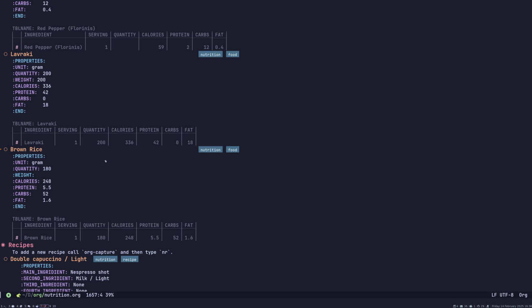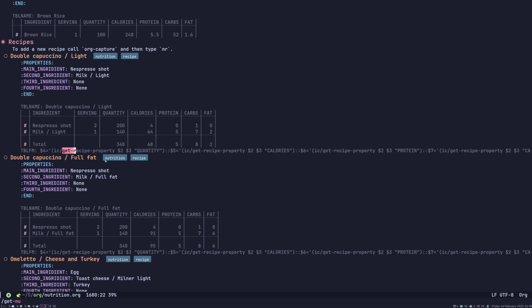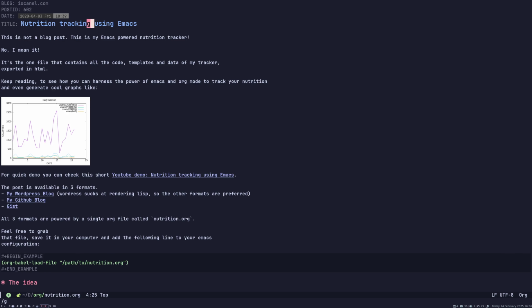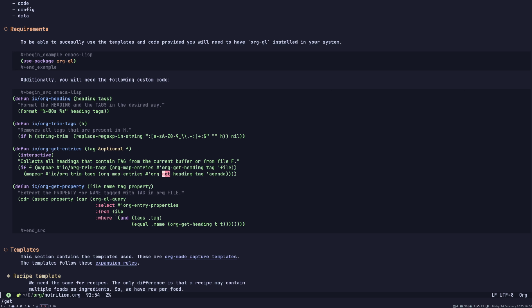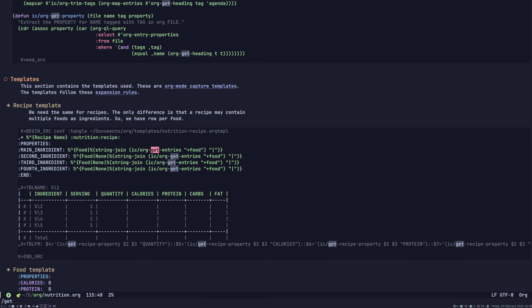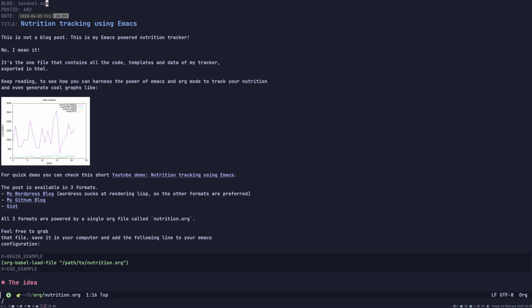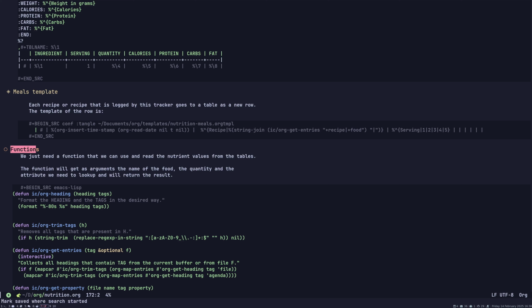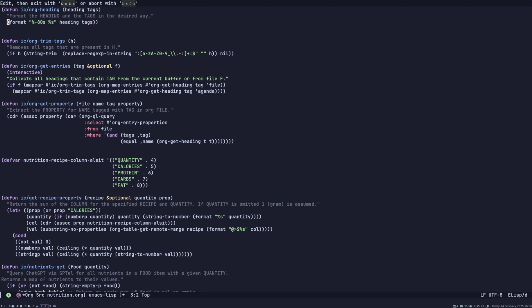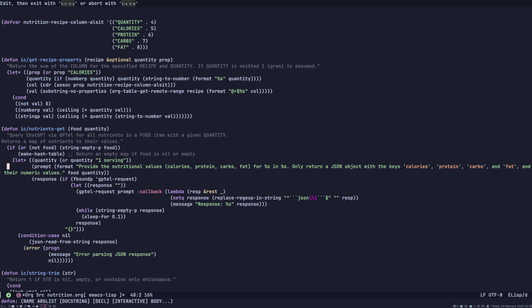Now, how I implemented that, let's go to the functions. I think it's get nutrition or something like that. We'll find it. Get new functions. Okay. Yeah, it's nutrients get, not get nutrients. Okay, that's why I couldn't find it. So this is